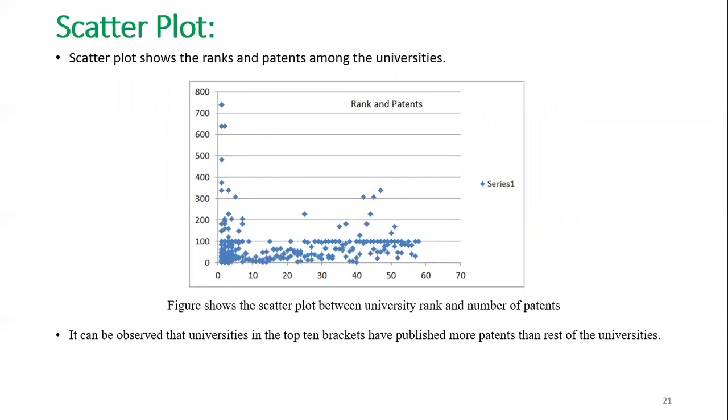Coming to my scatter plot, it shows the rank and the patents among the universities. So this scatter plot shows the difference between the university rank and number of patents. Here on the x-axis, we have taken the university ranks, and on the y-axis, we have taken the number of patents. So it can be observed that universities in the top 10 brackets have published more patents than the rest of